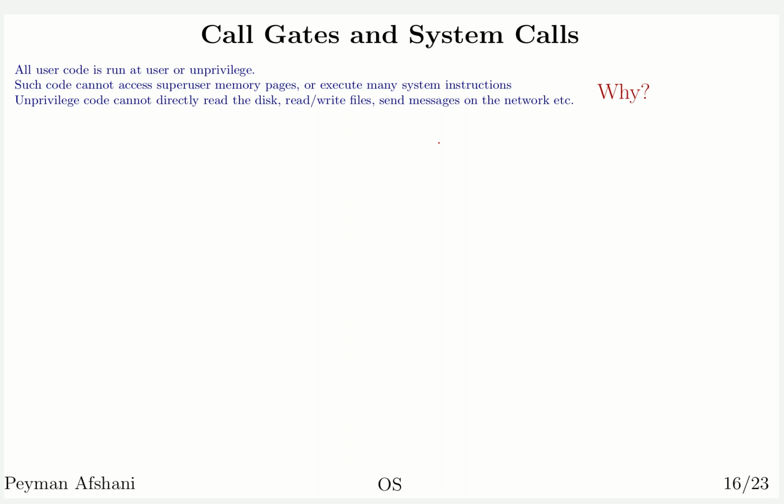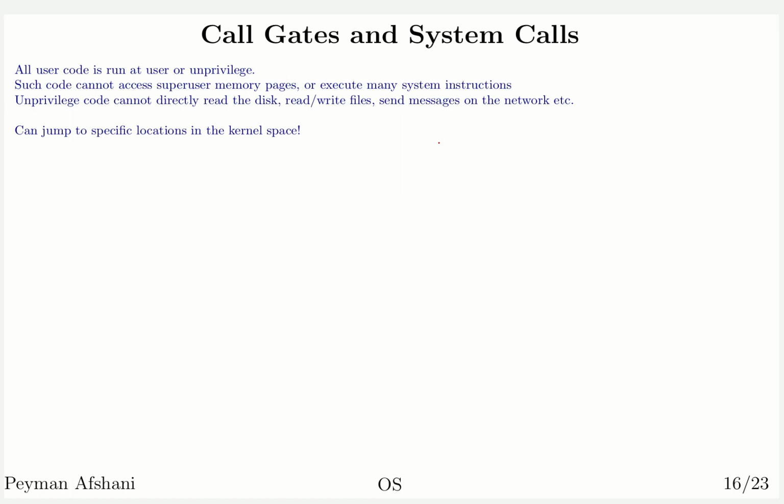The other big reason is that, of course, having common things implemented once is desirable, such that programs can focus on the things that they want to do rather than trying to reinvent the wheel. So those are the two main reasons we want to have these separations, and we would like to have system calls.